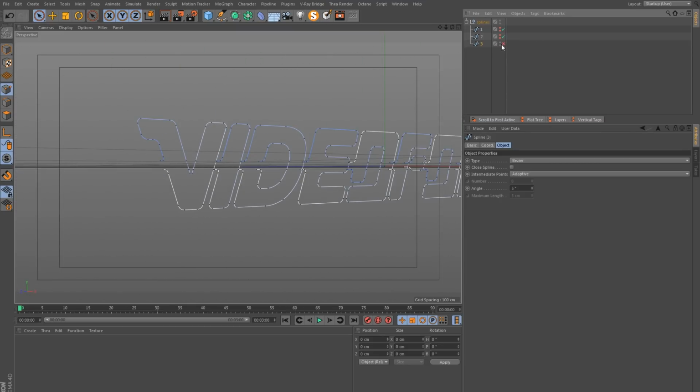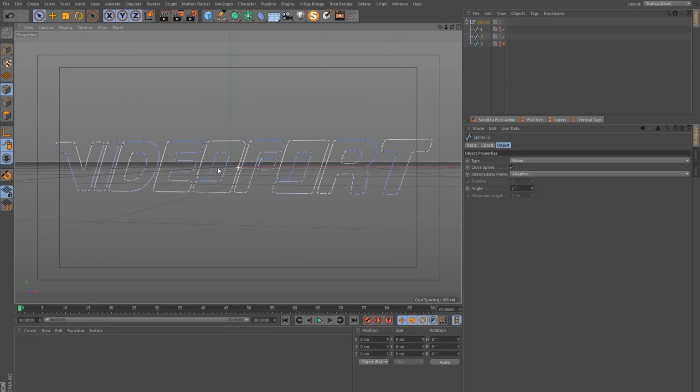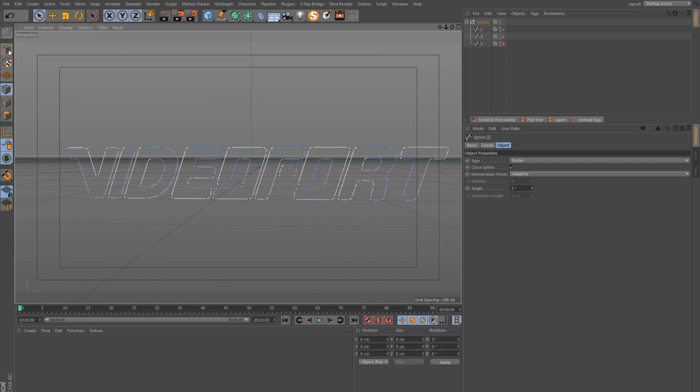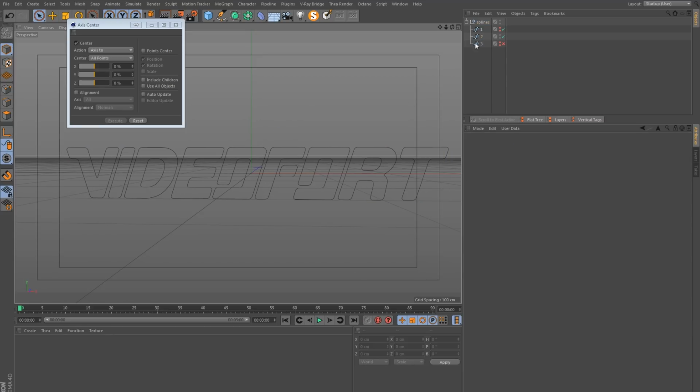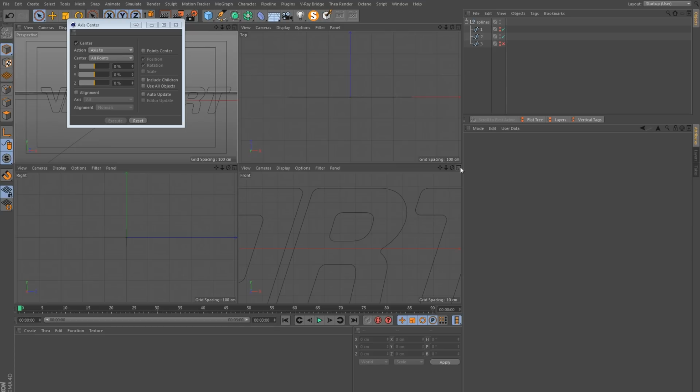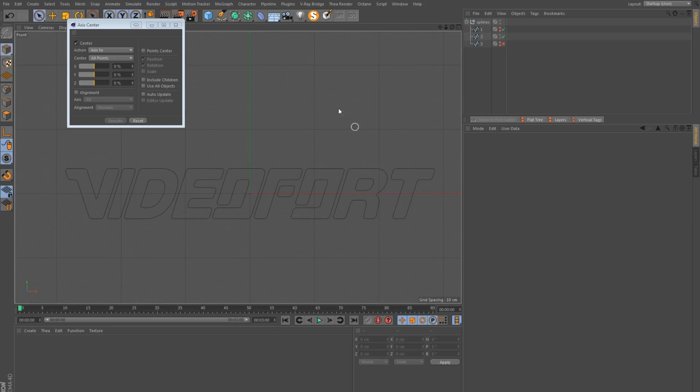So for this, in my example, I started by placing the logo in the center of the scene, and the way I did this was after I traced all of the letters, I went to Mesh and Axis Center and just execute, and this will put the anchor point of your spline in the center of everything, and just zero out the position and your logo will be in the center. Or you can just kind of eye it up and align it manually.